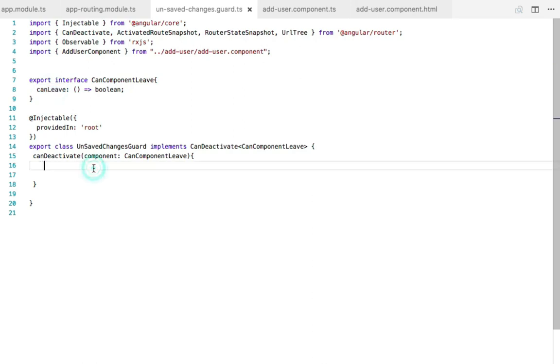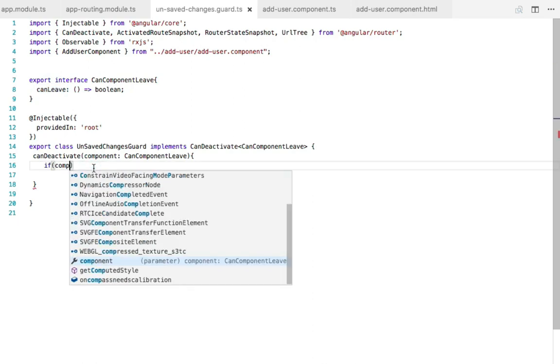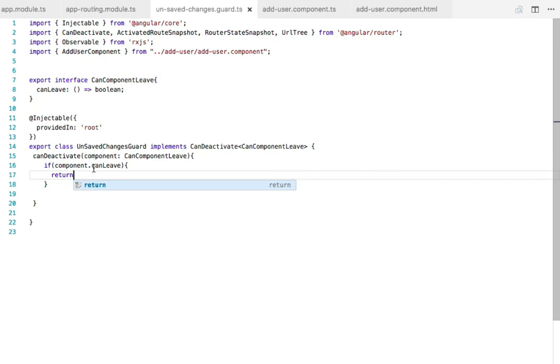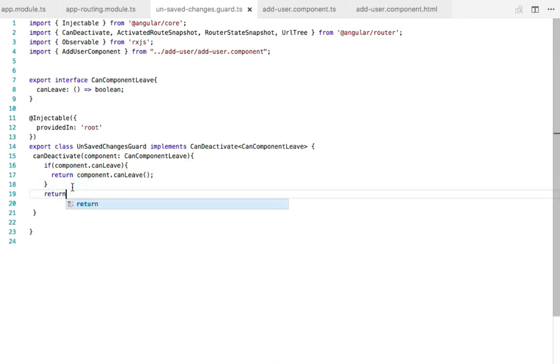So we can say if component.canLeave is there, then we are simply checking, return component.canLeave. So here ideally this method will return true and false depending on the logic we are going to write in the component file. Otherwise simply will return true.